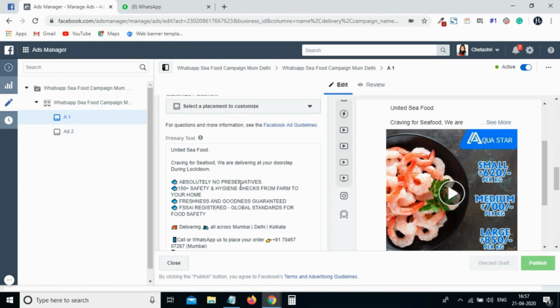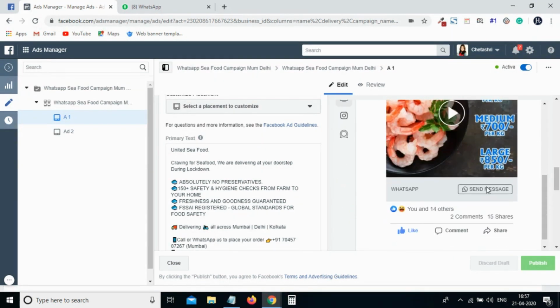So if anybody wants to buy, they can directly contact me through the number given below, or here I have put one button, a message button, to directly contact me on WhatsApp, so I can get the leads from there. So in this way, with the help of an engagement campaign, we can generate leads for a particular business. There are many different ways from where you can generate leads for your business. What matters is that you have to strategize a perfect strategy for a particular business.